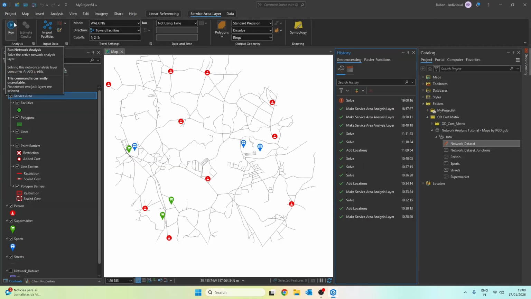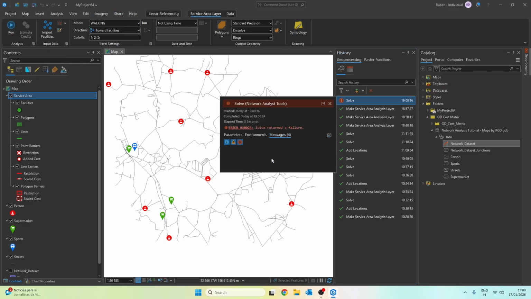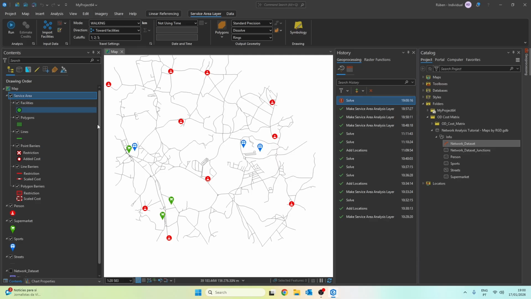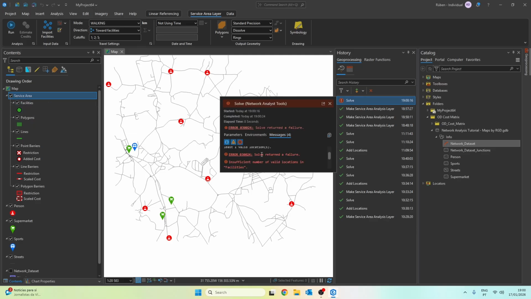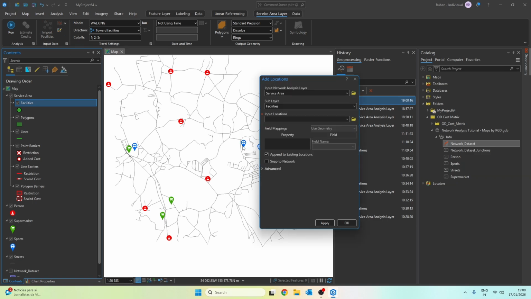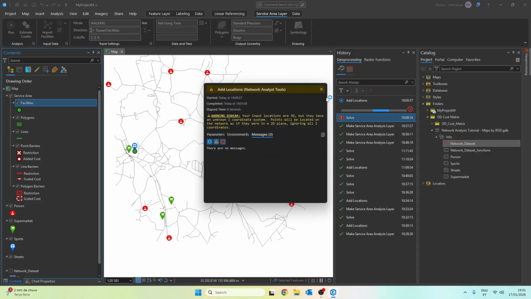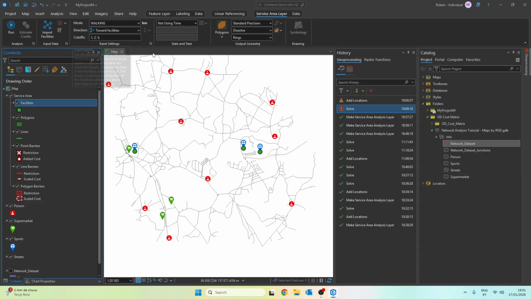So we got an error here, and I already understand what it was. I forgot to specify which features are the facilities. Obviously, without that, the software doesn't know where the analysis should start from. So let's click here to import the facilities. We're going to use sports, since they are areas that are more evenly distributed across the map. When importing the facilities, the cutoff went back to its initial value, so I'll set it again to 3 instead of 5.